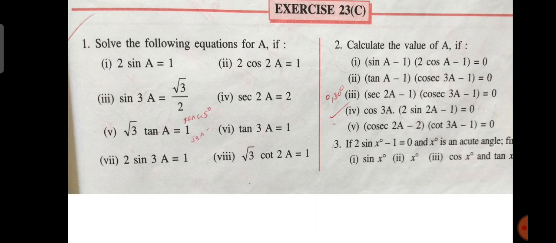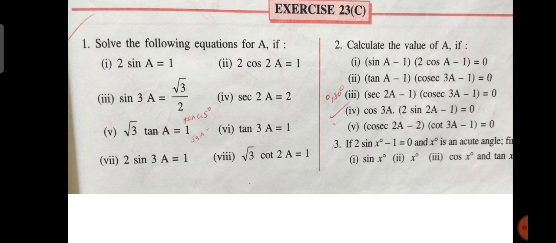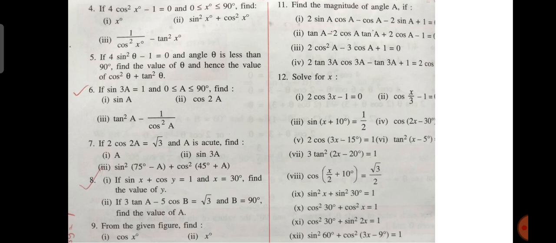And this is the last part. All the exercise problems in 23C should be solved. If you do it very carefully, you will find it easy to solve those problems. Thank you, students. Please do these exercises in your notebook, the workout problems, and try to do all the exercises. The notes will also be given in the same EduPro.